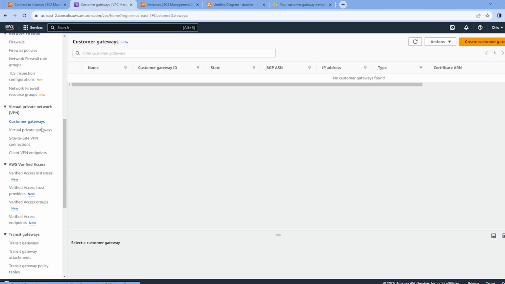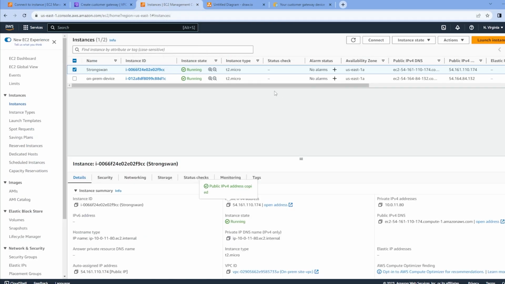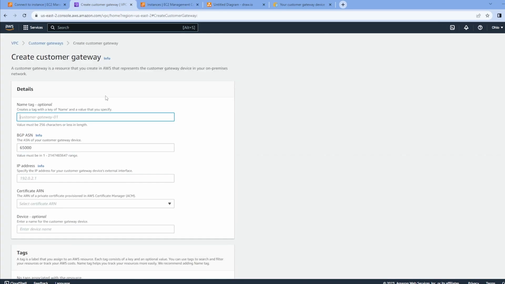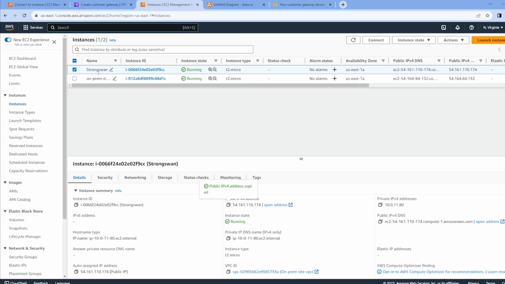A customer gateway is essentially just a logical device, which is going to be using the public IP address of your on-prem router. In this case, it's going to be StrongSwan. Let's call this StrongSwan customer gateway. We're actually not working with BGP, so you can ignore that. This is the IP address of that StrongSwan IP right over here,